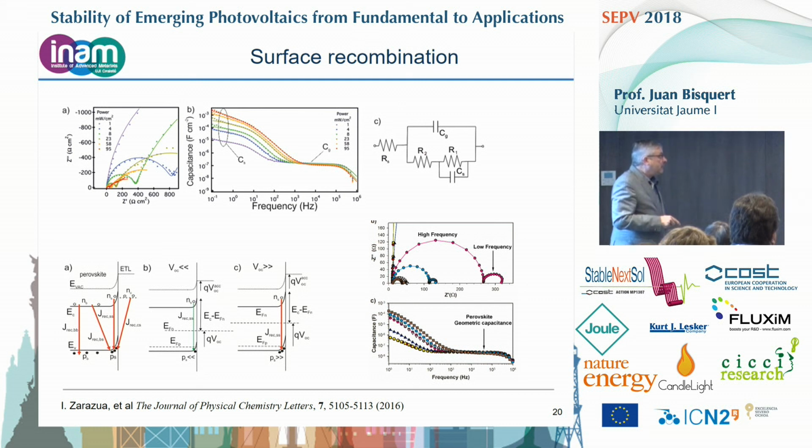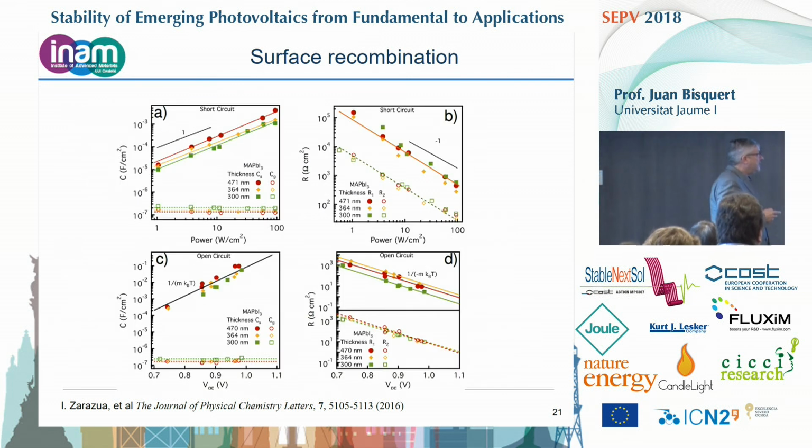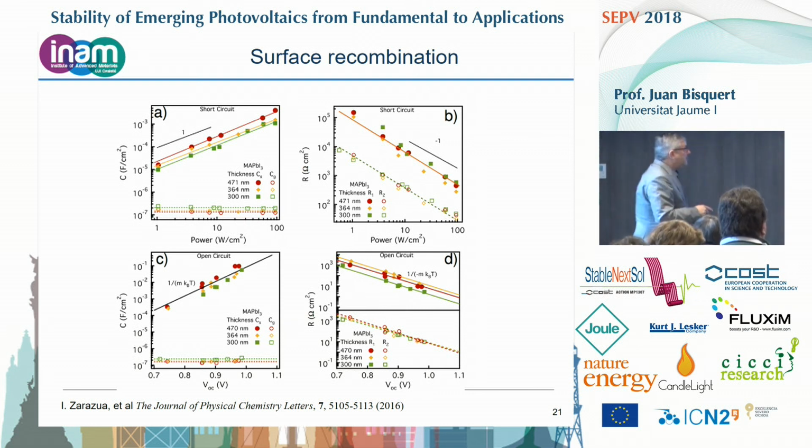So probably one could distinguish bulk and surface recombination, and then we have to clarify which possibility into these diagrams we have. But then it is not so simple, because of course the two capacitances are very well decoupled. The low frequency goes big with the voltage, and the dielectric capacitance, of course, is totally stable. But